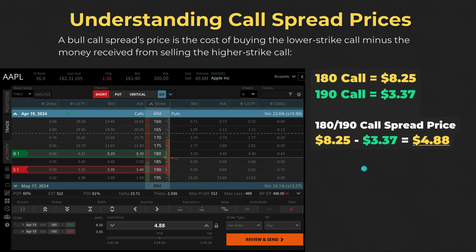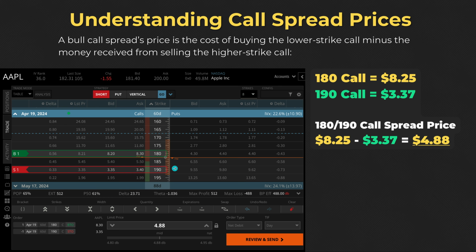Before we move forward, I want to talk about understanding call spread prices. A bull call spread's price is the cost of buying the lower strike call minus the money received from selling the higher strike call. So in this example, I have Apple pulled up, and we're looking at 60-day Apple options that expire in April of 2024. Apple is currently at $182.31 per share, and I have queued up the